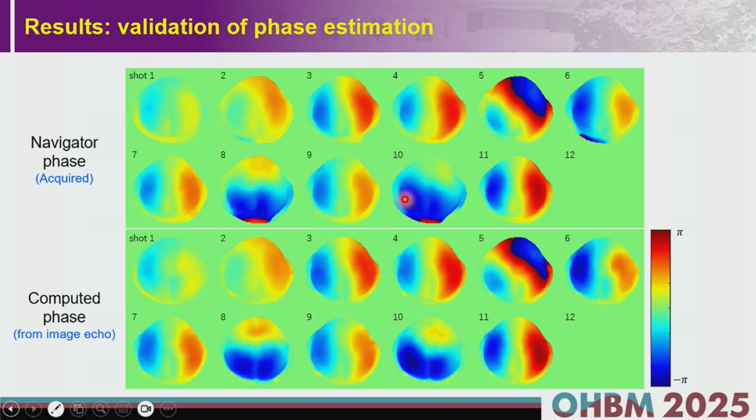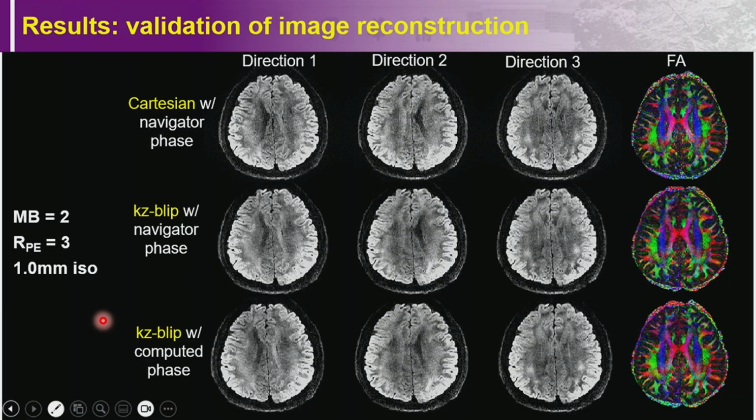So here's the result. To validate the phase, the top row shows the navigator phase. This is the reference, right? The bottom row shows the computed phase. They are very close, therefore can be used for the image recon. And here's the image,